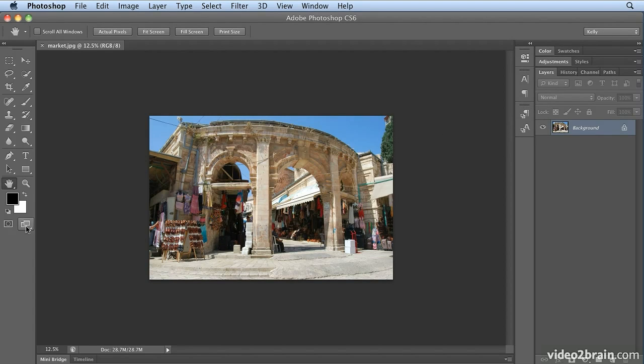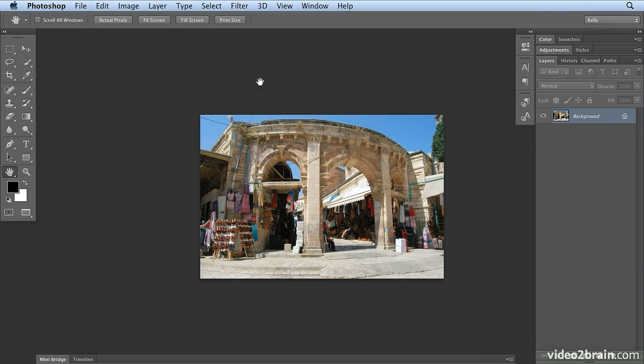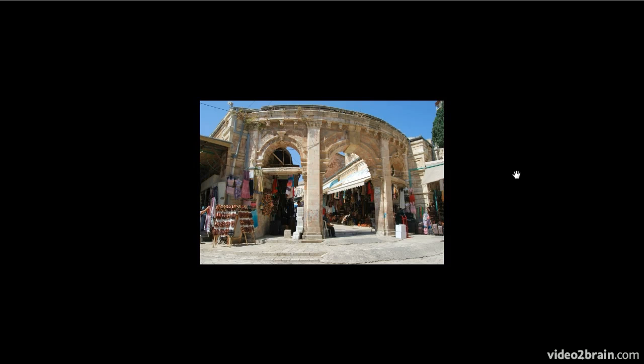Finally, we've been doing standard screen mode and full screen mode with menu bar, and you may have noticed the letter F over there on the right. When I open an image, the first thing I do is hit the letter F on my keyboard. The letter F by itself jumped to the second mode, full screen mode with menu bar. Hitting F again will go to full screen mode with black background and no menus. I have gotten those terrified calls from people who accidentally hit the letter F too many times and lost all